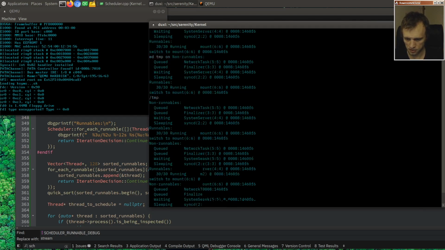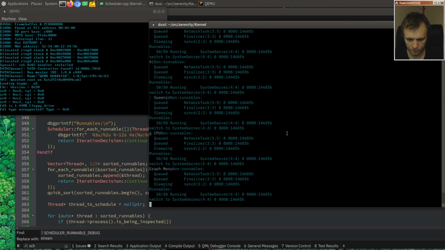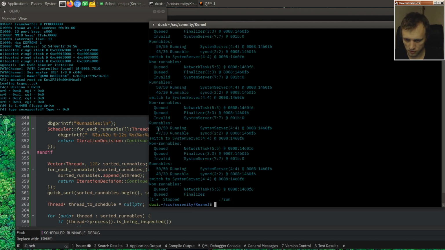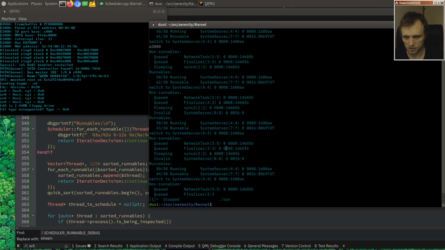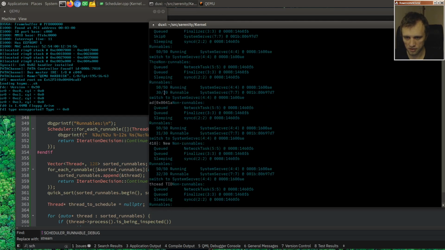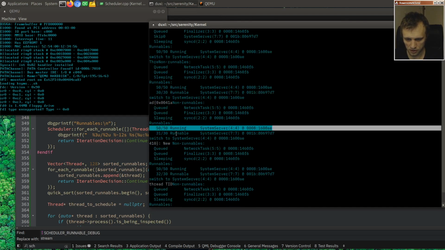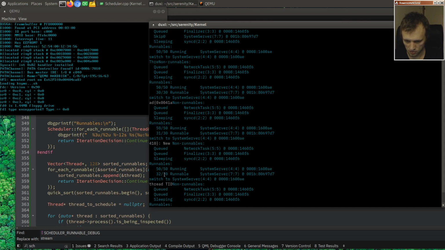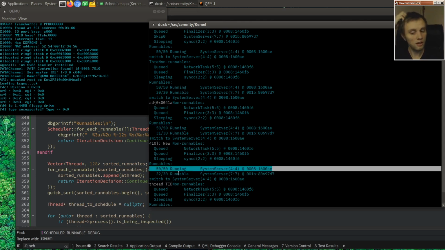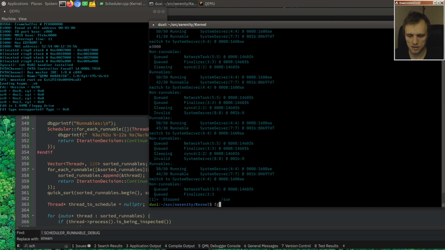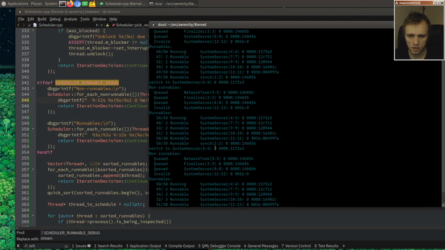So what is going on here? This one is a higher priority task. And we can see syncd is going up one step, another step. It's kind of cool. So we got this guy right here running at very high priority, and this guy doesn't get to run until this guy has run for 20 time slices. So this is basically what I wanted to achieve, right? But